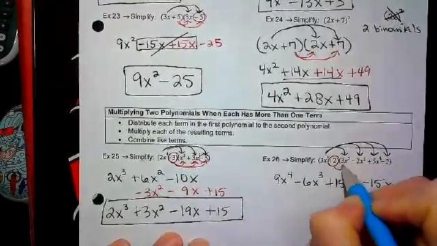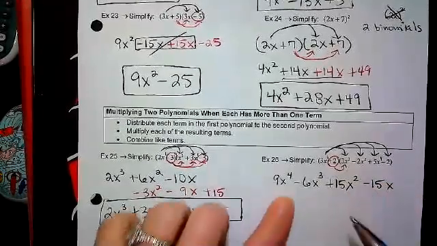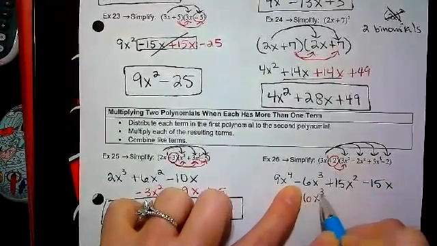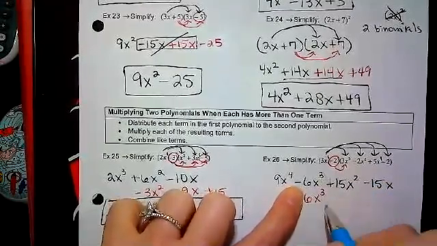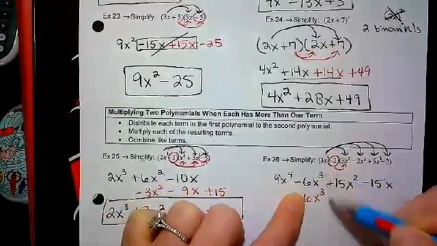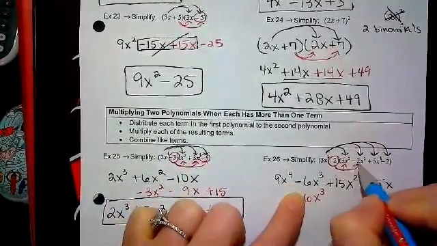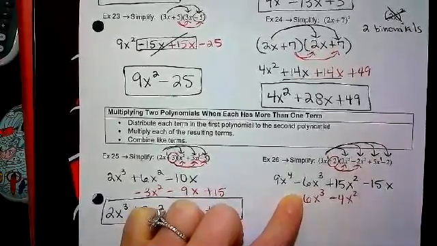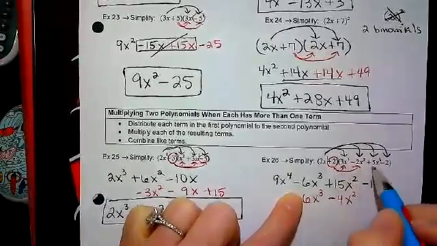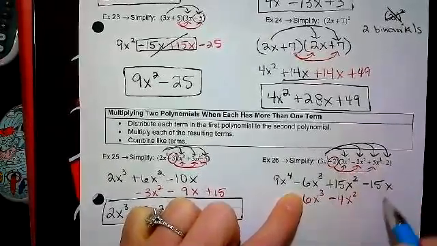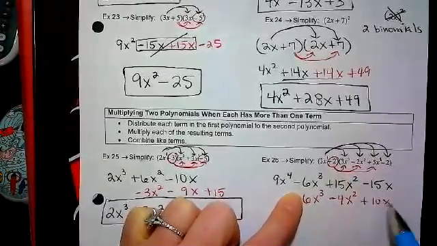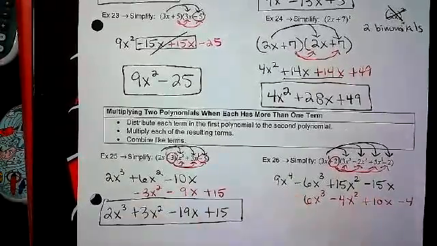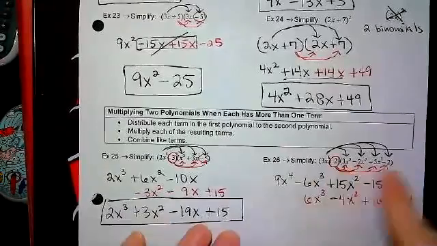Here I have a 2 times 3x cubed. So 2 times 3 is 6, the positive 6, and it's an x cubed term. So I'm going to put it under the other x cubed term. 2 times a negative 2 is a negative 4, and I'll have an x squared. So it can go underneath this other x squared. 2 times 5x would be a positive 10x. So that's going to go underneath the other x term. And 2 times negative 2 is a negative 4. So again, after you've distributed both of those terms to the second parentheses,